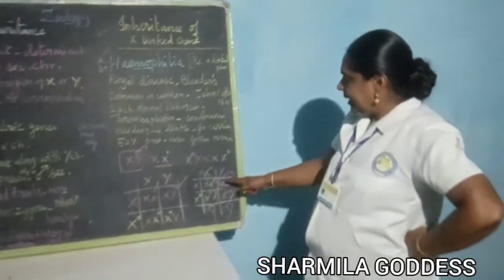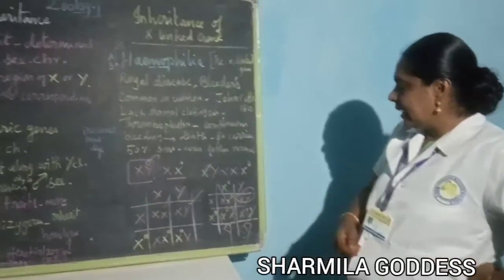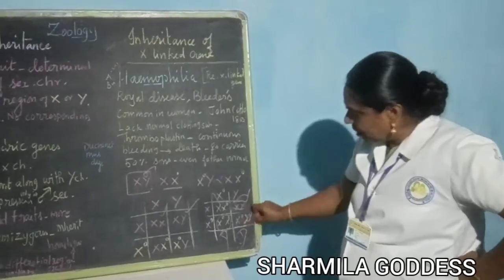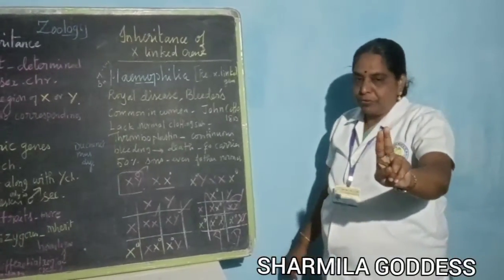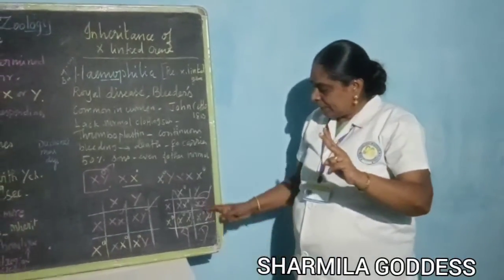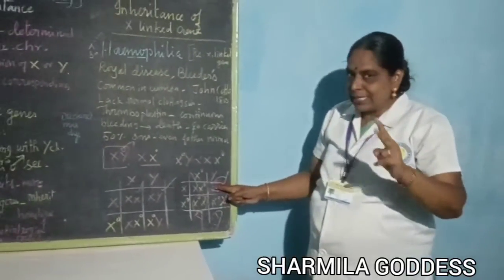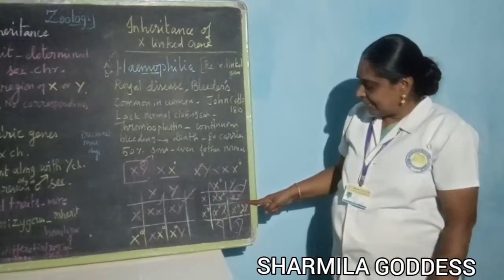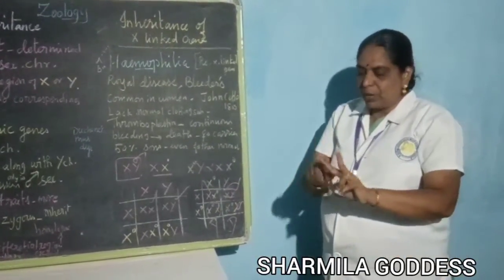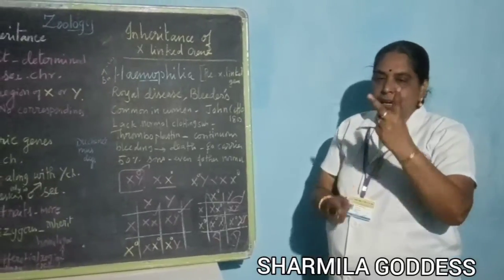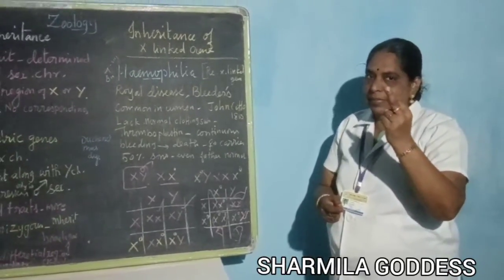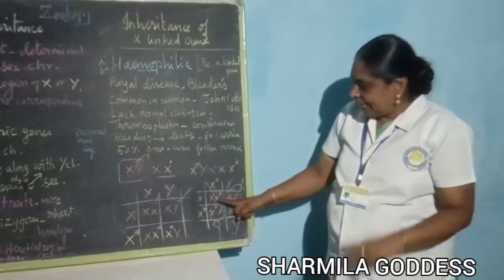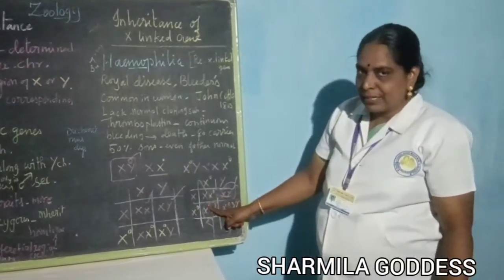Can you understand? Now if you are asked about the percentage, for the male, now two sons are produced. Between these two, if you are asked about the inheritance of the disease, what is the percentage? Only two sons, one is normal, another one is diseased. Now what is your answer? The 50%. Now 50% of males are affected. Am I right? Yes. Here one is carrier, one is affected.